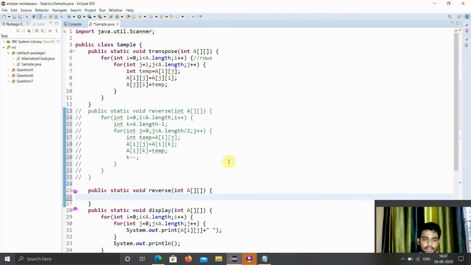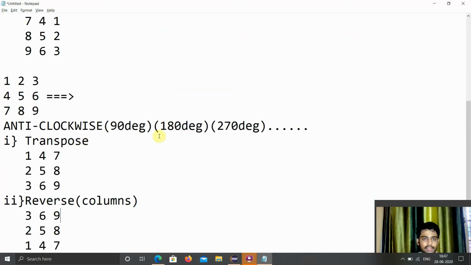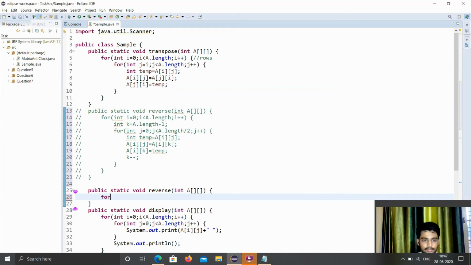Same logic: the reversing part, instead of reversing the rows, we need to reverse the columns. So the outer for loop will be iterating i equals 0, i less than a.